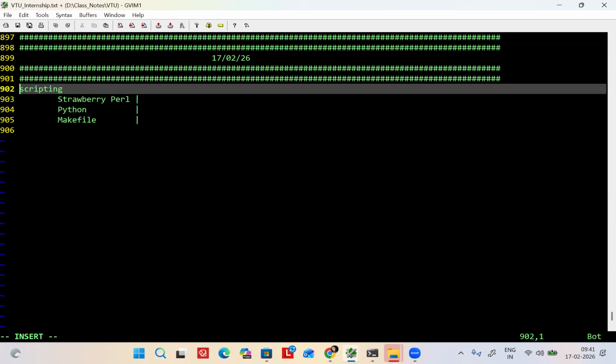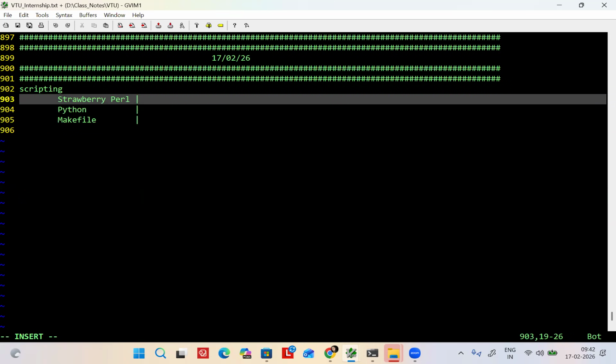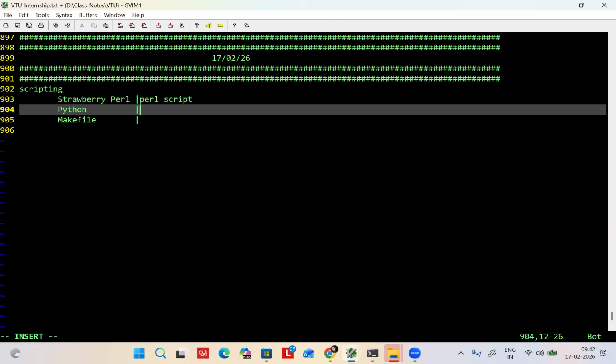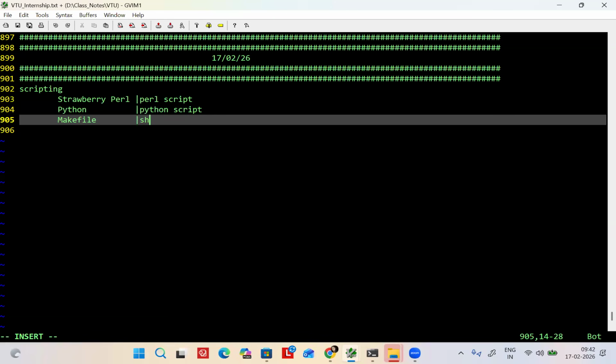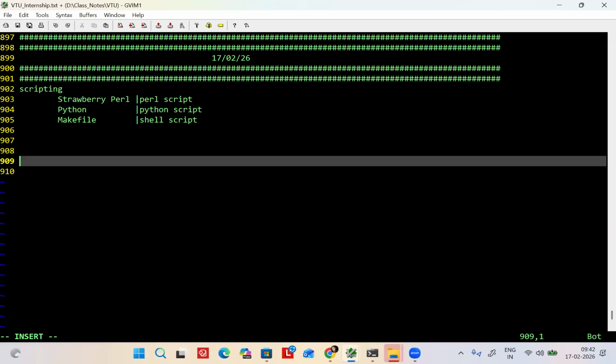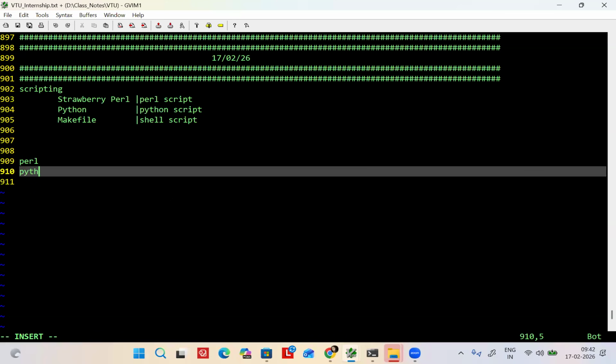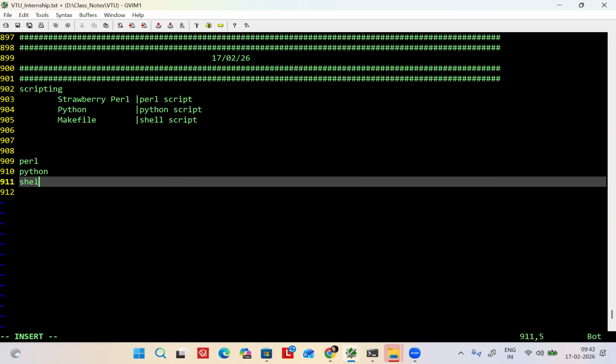Mainly three are needed, but I'll teach you something else different also. Strawberry Perl is for which script? Perl script. Then for Python script, and for shell script. So I can write it like this: Perl, Python, shell.